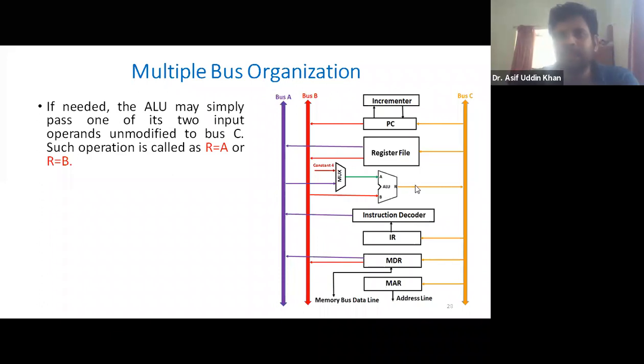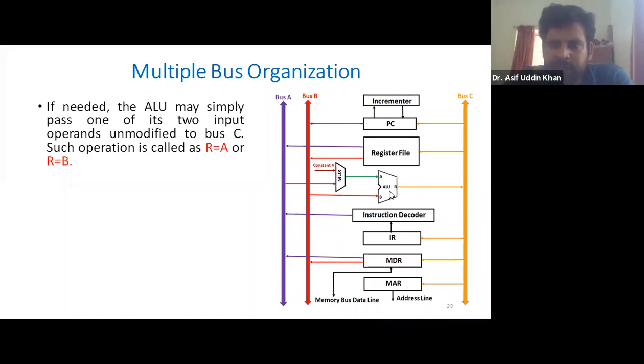But if you want the data not to be processed, just forwarded to bus C, then you have to write this way.